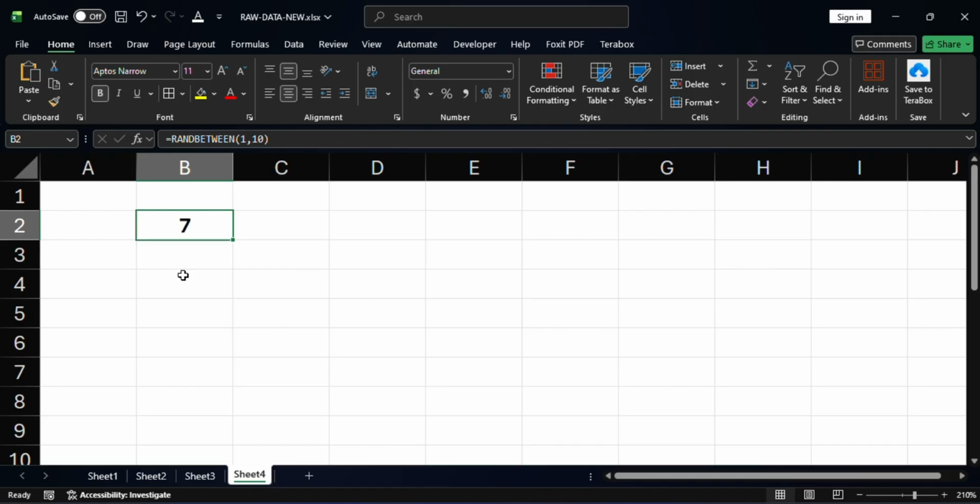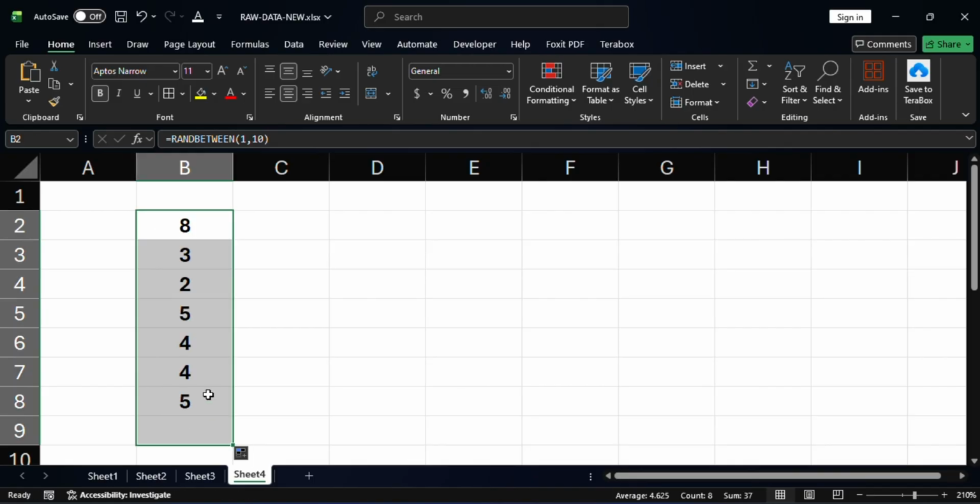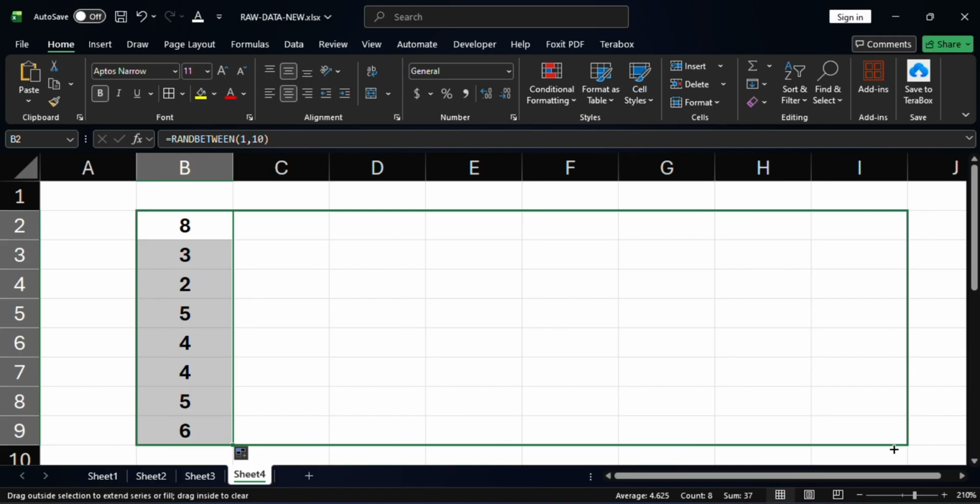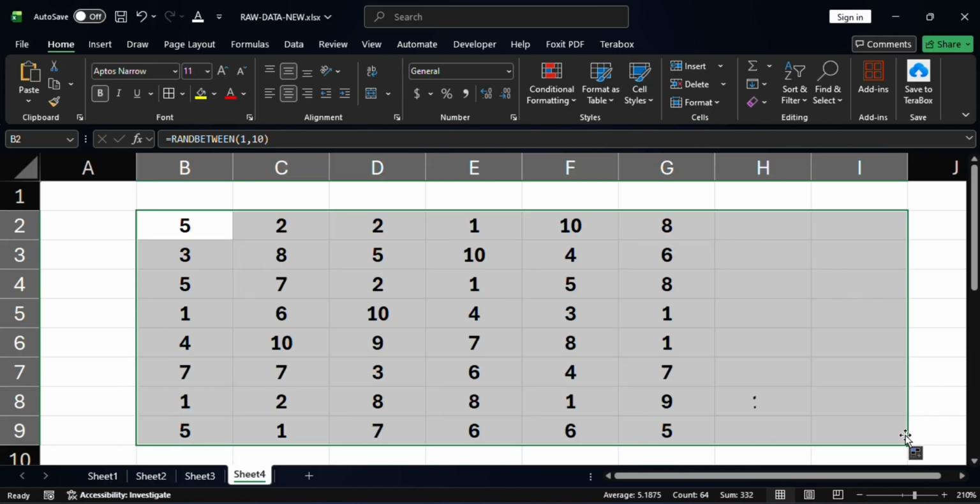Okay, example, you need to make more random numbers, so you need to click this one. Okay, drag until the bottom. After that, so we have the random numbers from 1 to 10, and next we need to put the arrow, this one, pag naka dark na siya, so we need to long press lang, then i-drag natin pa right, then